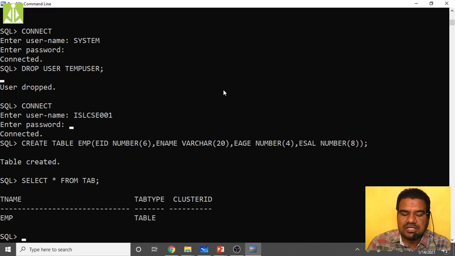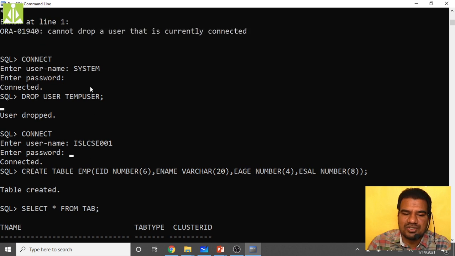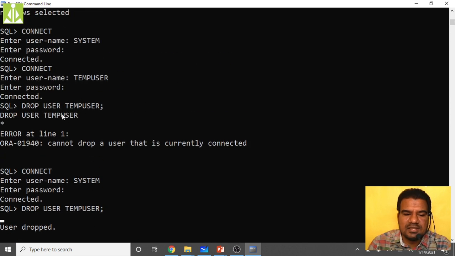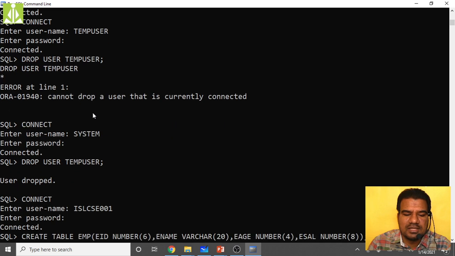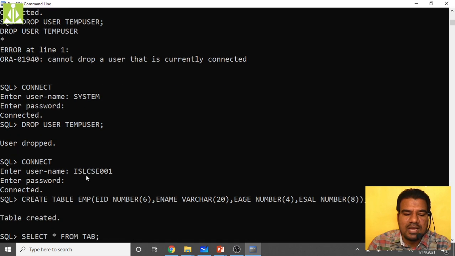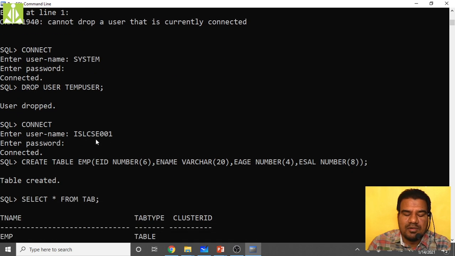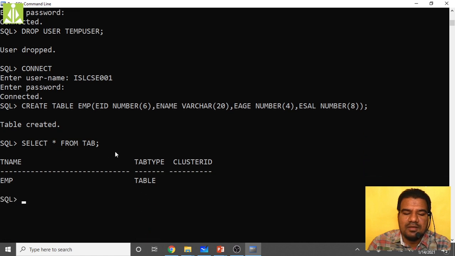So as it is showing over here, so previously it was showing no rows selected, isn't it? So when we tried this tab inside this user, ISLEC, before creating this table, it showed us no rows selected, but now here it is showing T name, table name, employee, tab type, table.